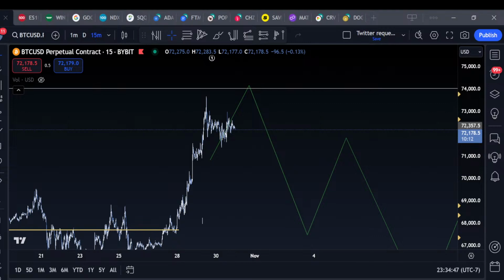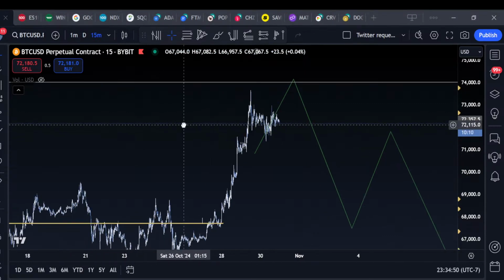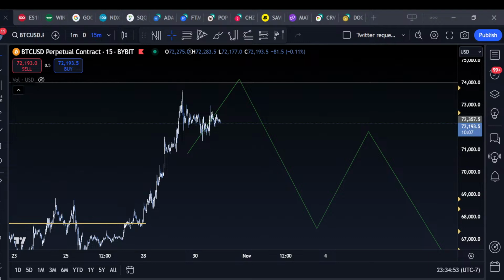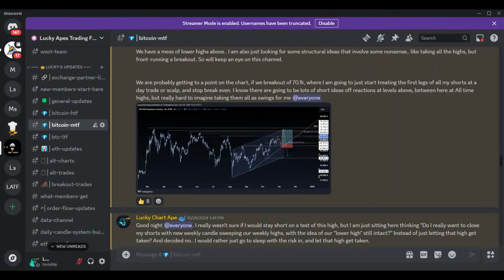You are correct. There are some bearish divergences forming locally. This is here on the 15-minute chart in order flow. So let me give some context to everybody that's not a member, just so they know what we're talking about here. In the Discord, I'd shared a couple ideas. One of those ideas was, I'll just show where it originated. So right here, for anyone tuning into the live stream, we're looking at the members Discord, and I have it divided into Bitcoin high time frame, medium time frame, low time frame, because obviously you could take a short on a low time frame and it's not applicable to the medium or higher time frames. Just trying to keep the ideas separate.